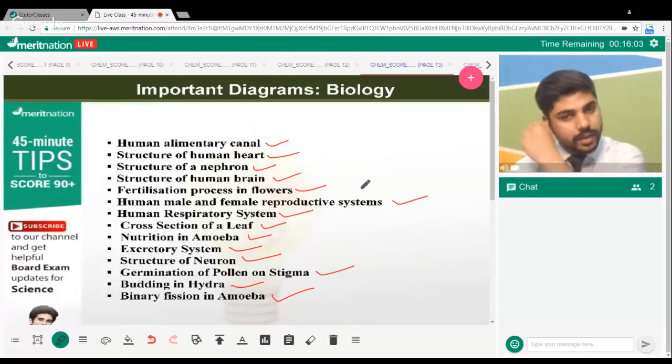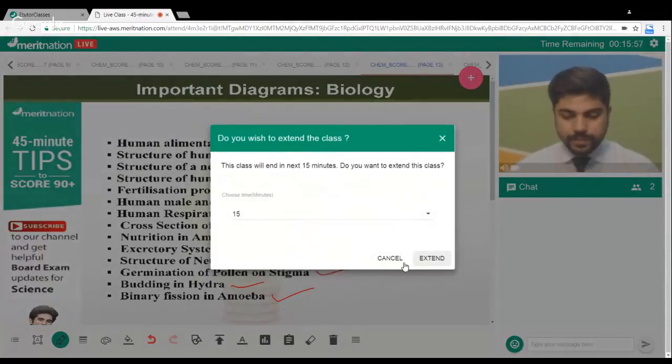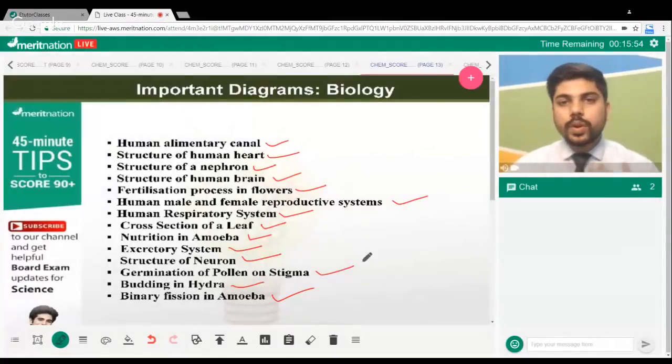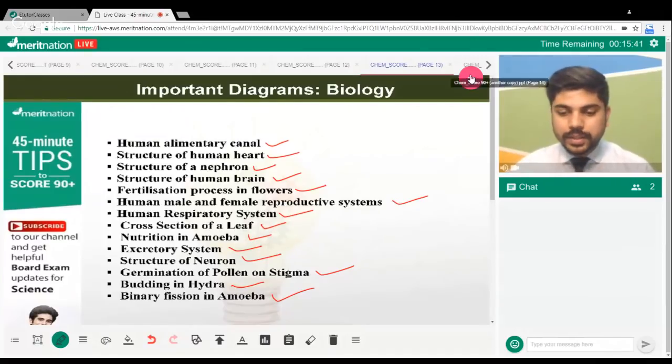Okay. Now, this is all about the topics that you have to prepare in order to score maximum marks, right? In minimum amount of time invested. But in order to go through the preparation part, you should also know how to do time management, right? So for this, what we can do here is,